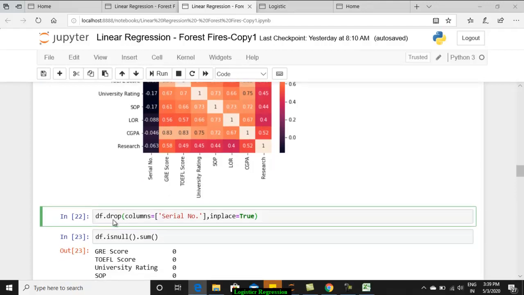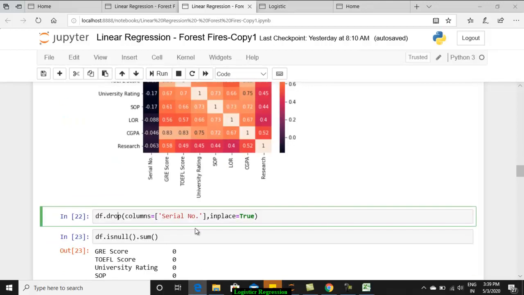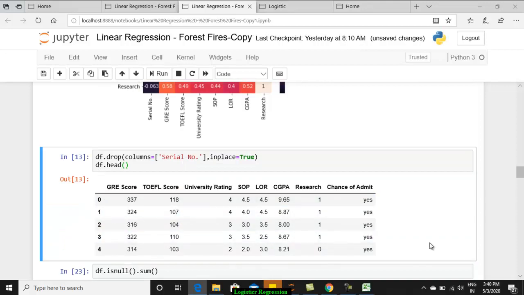Okay, how to drop? Use the drop method, df.drop of columns of serial number. That is, columns is equal to which column we are going to delete. It is with the title serial number. Now, why is inplace equal to True? Because we are going to make the changes on the same data set and retain them. If you remove this, it will happen only at that particular point. In the next cell, if you print df, it will be with serial number. Drop, and you can see the serial number has gone out.